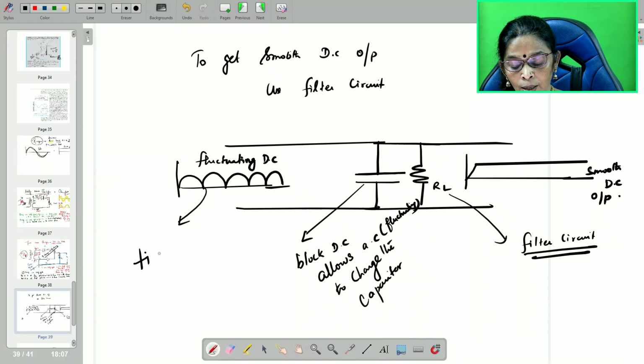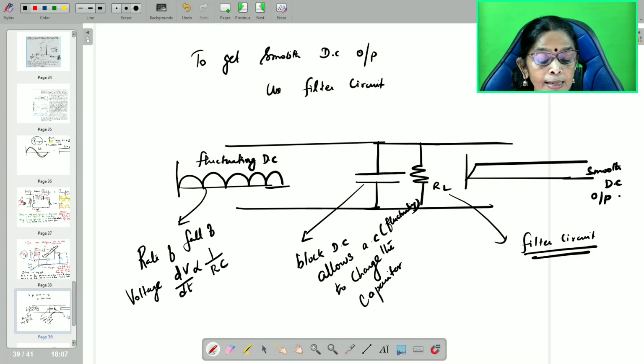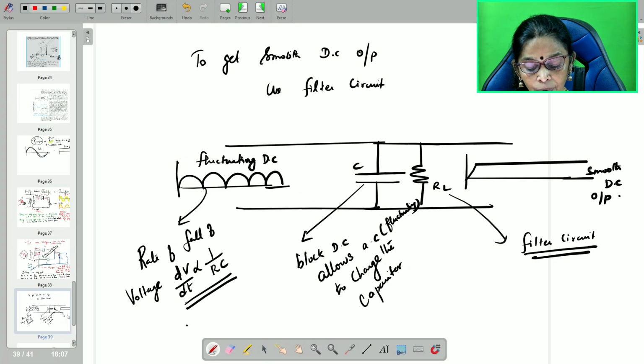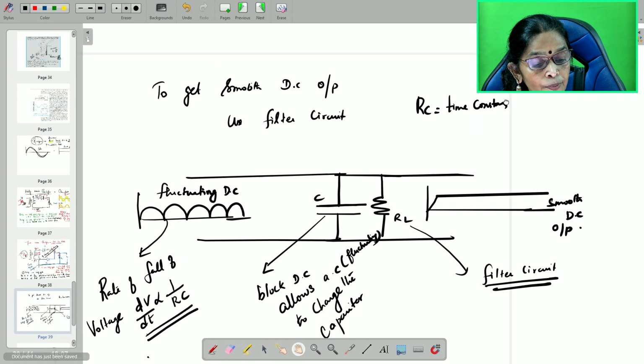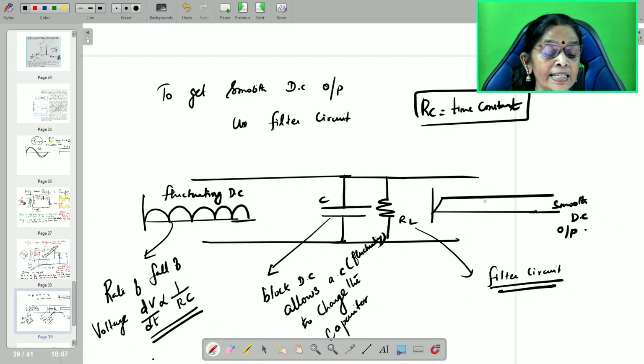Therefore, for the voltage drop across the resistor, the rate of fall of voltage, dV by dt, is inversely proportional to the R and C value. RC is called the time constant here. In order to have a smooth DC output for a longer time,